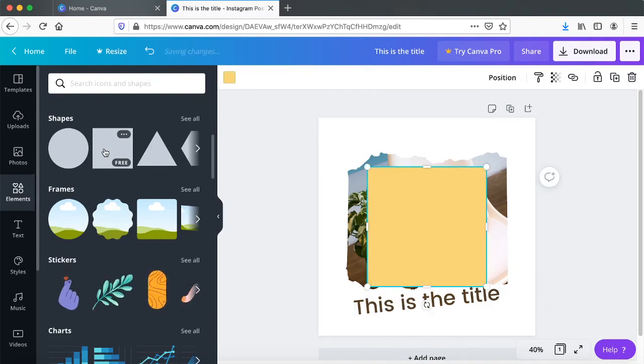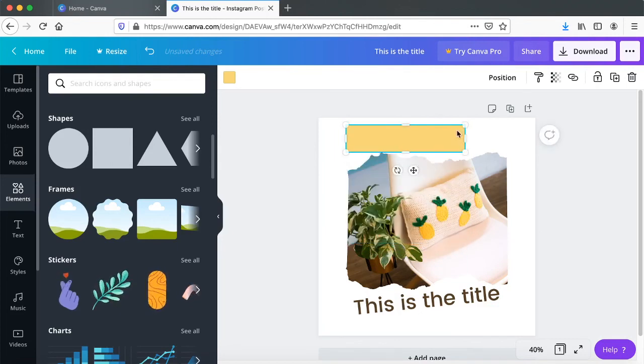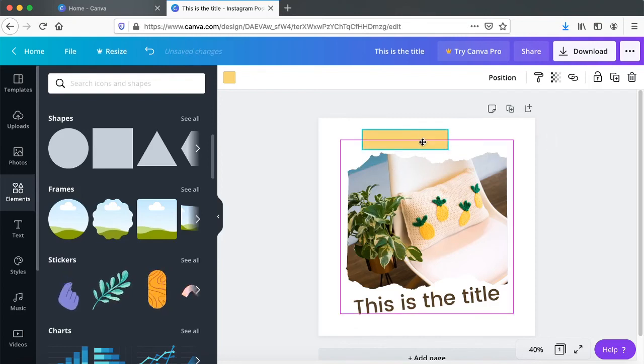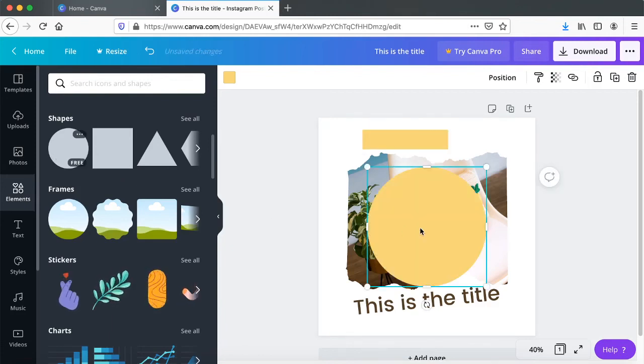So I'm going to take this as an example. There is obviously no Pathfinder tool here, but maybe what I want to create is a button style of shape. So what I'm trying to do right now is create a rounded